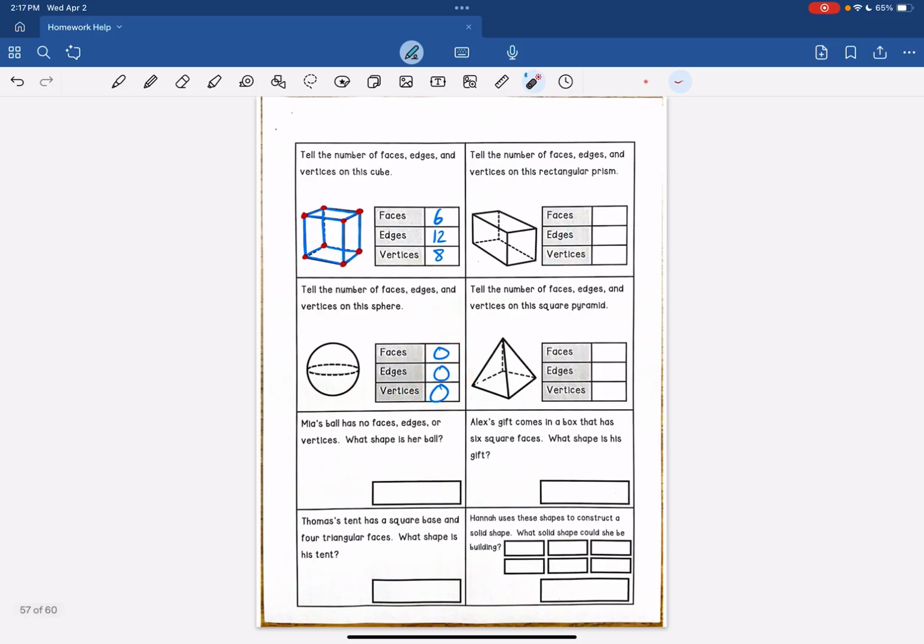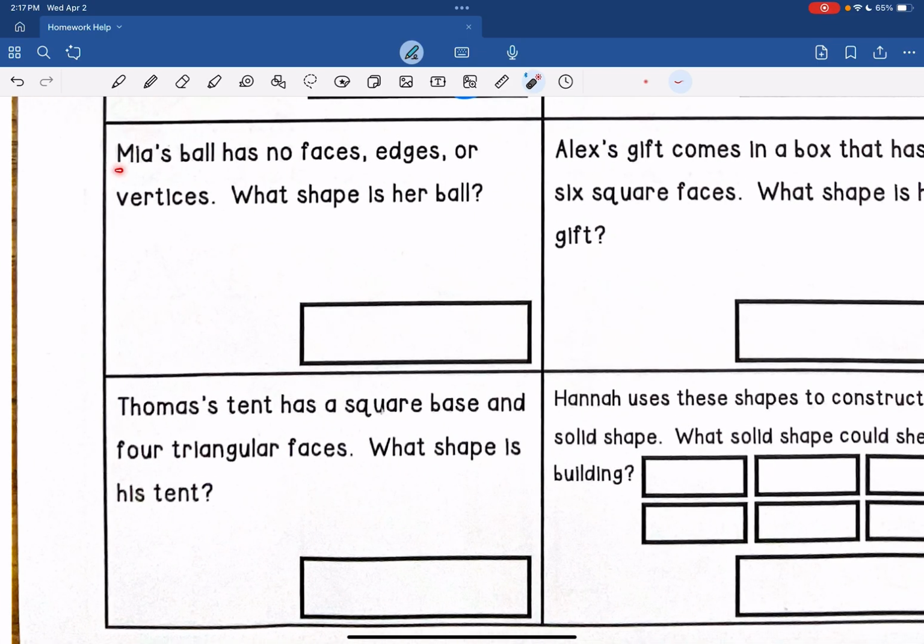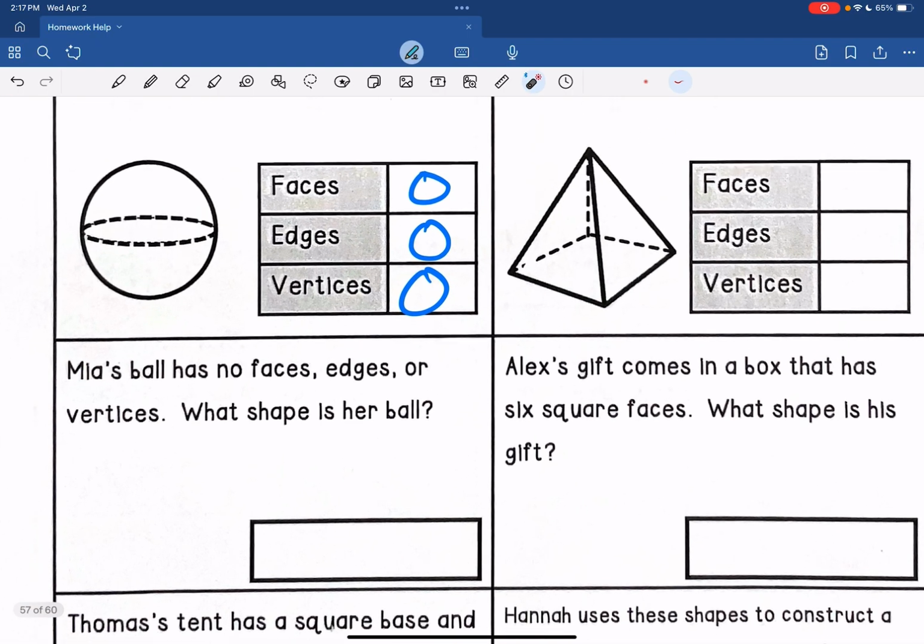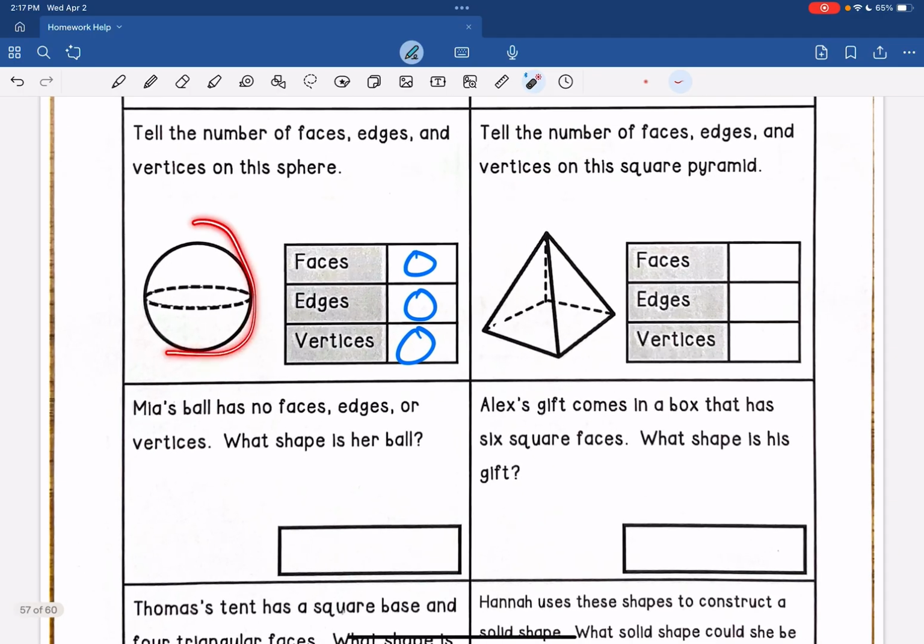Okay? So now that we've done the top part, I want you to try to answer these 2 on your own. Let's look at the bottom part real quickly. The first question says, Mia's ball has no faces, edges, or vertices. What shape is her ball? Well, we know it's a ball, and we just talked about how a sphere has no faces, edges, or vertices. So the shape of her ball must be, you guessed it, a sphere. So we can write that answer in here. S-P-H-E-R-E,